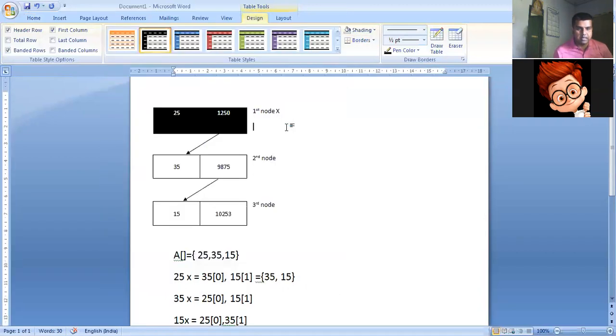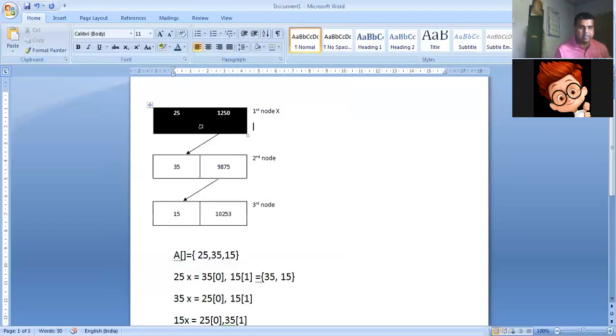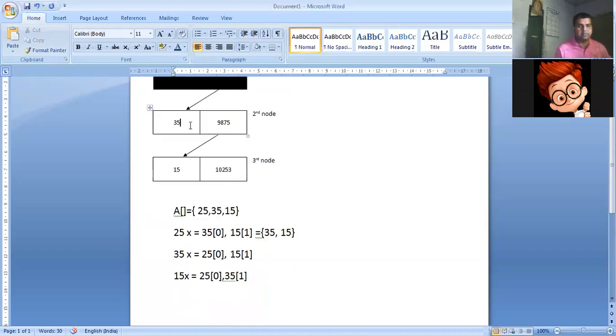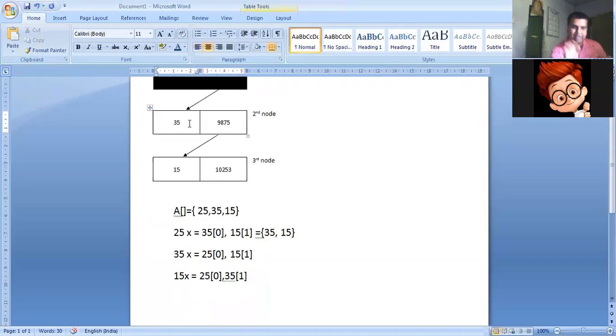Okay, I colored it. So I have considered that my 25, which is stored in this particular node, has actually been deleted. That means my 35 becomes the head node of the linked list.